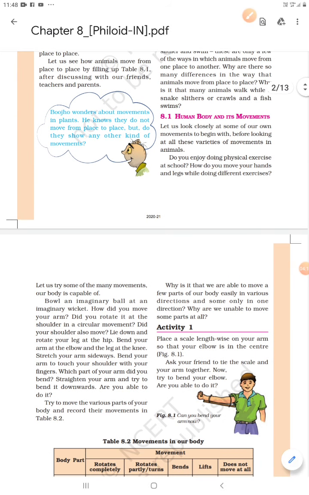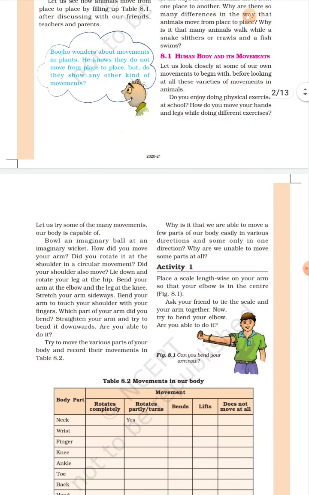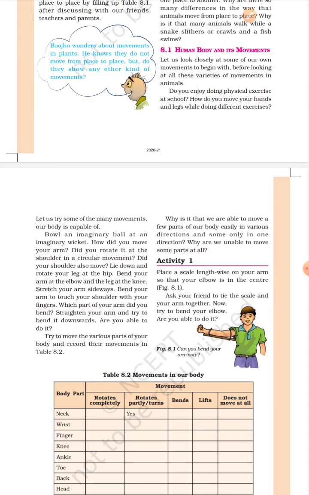Dear students, in this part we will discuss human bodies and their movements. As we know, we are able to bend or rotate our body in places where two parts of our body seem to be joined together at the joints. We call them joints. We can move our body at the joints. We observe that bones are joined together at the joints. We can give an example for that.